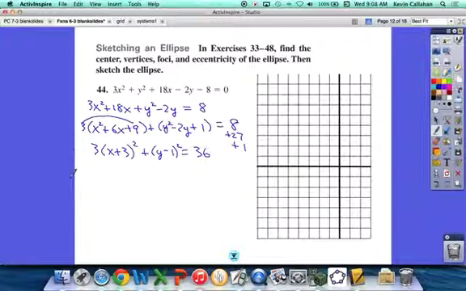Right? Is that standard form? What do you need to have on the right-hand side if it's standard form? A 1, right? If it's not a 1, you have to divide by that number. You don't subtract 35. Because if you subtract 35 on this side, you have to subtract it from this side, and that wouldn't be right. You can't have a constant term on this side. If you divide every term by 36,